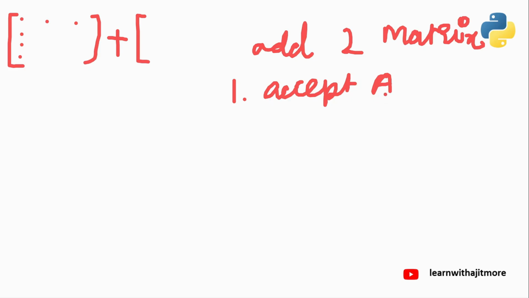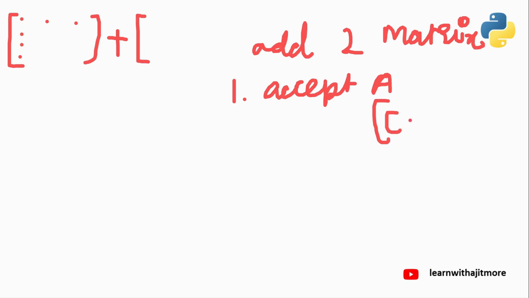Now to accept it, you cannot just write one input statement. There are many elements in it. So to accept one element, you'll write one input. This way, as many columns, you'll write a loop for it. And then as many rows, you'll write a loop within a loop. You'll write a nested loop,